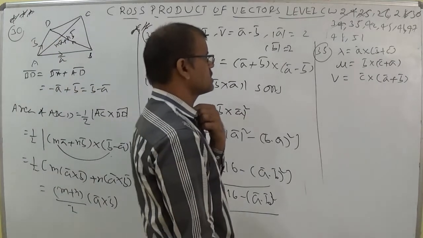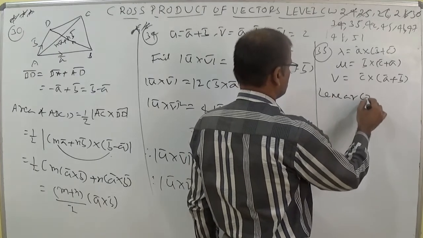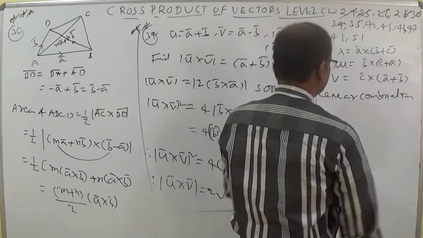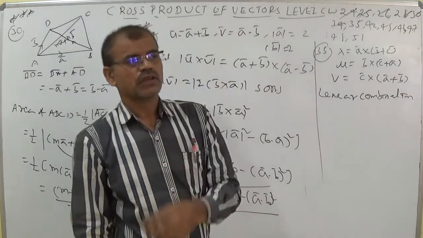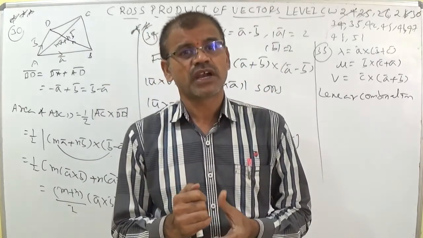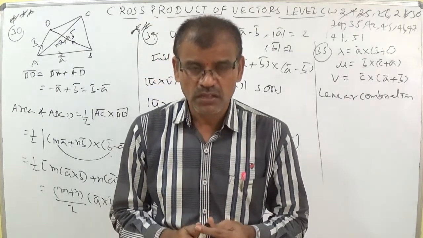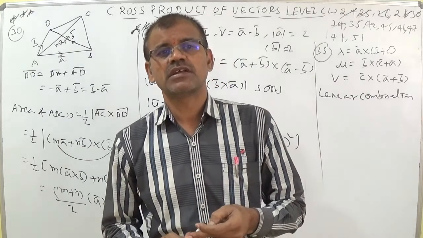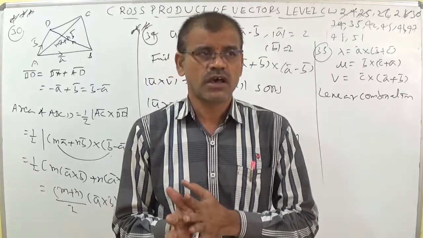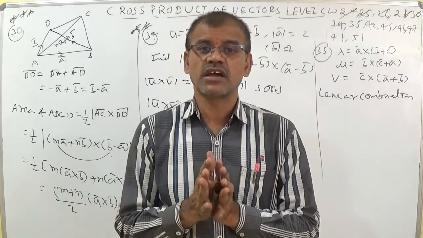Now let us discuss linear combination, according to the addition of vectors concept. Linear combination: if a vector r bar is equal to x a bar plus y b bar plus z c bar, and those vectors are linearly independent or non-collinear or non-coplanar, then the scalars are separately 0. I mean x equal to 0, y equal to 0, and z equal to 0. If the vectors are linearly dependent, coplanar or collinear, then the linear combination total is 0.